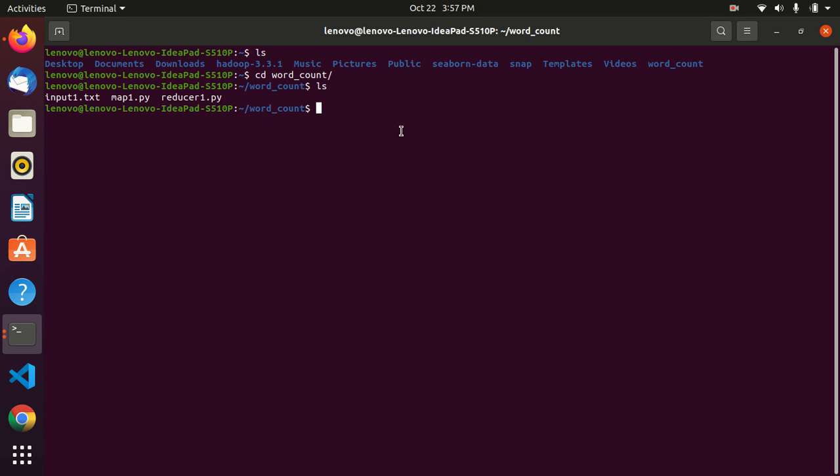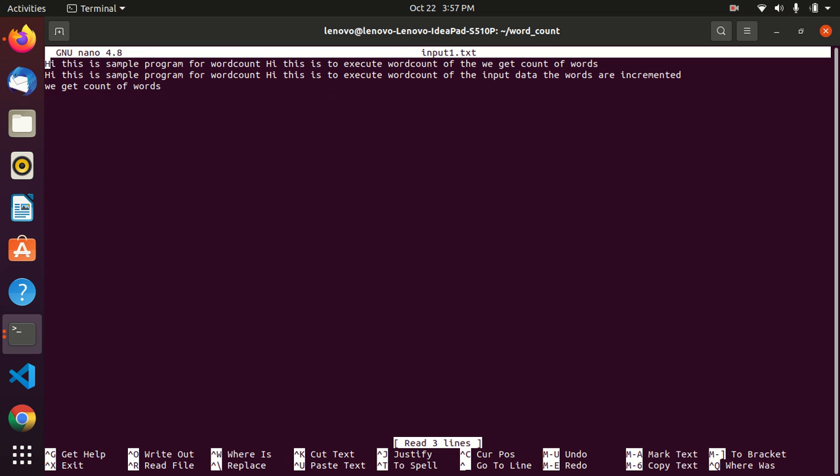Now we will see what code is executed in this. Let's check with nano input1. So here we are giving a file. In this file we will get to know the number of words.